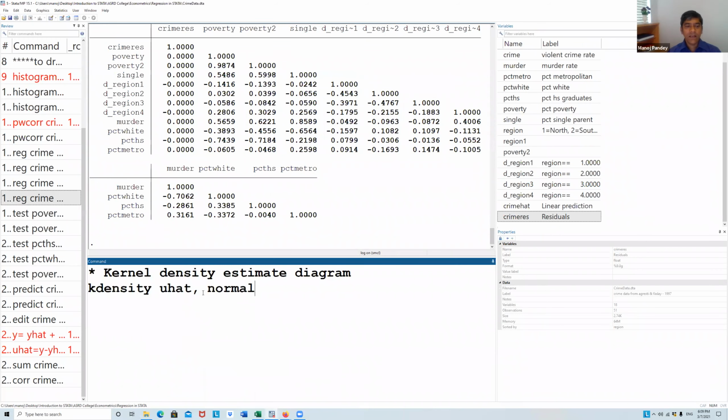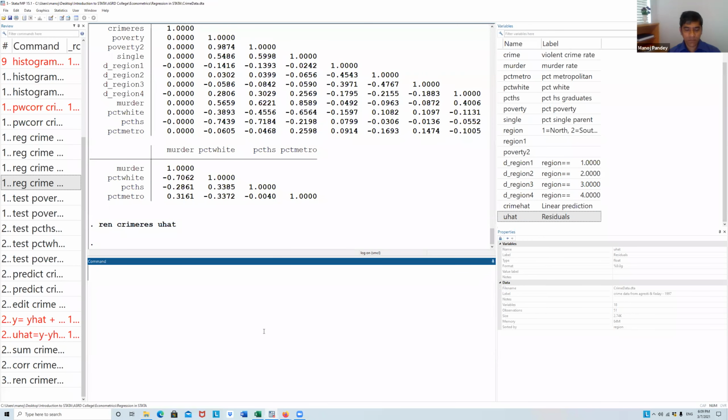Okay. So kernel density estimation for U hat, we have given something else. So let's start with the U hat. Basically, I'm going to rename this crime residual as U hat. So now that variable has become crime U hat.